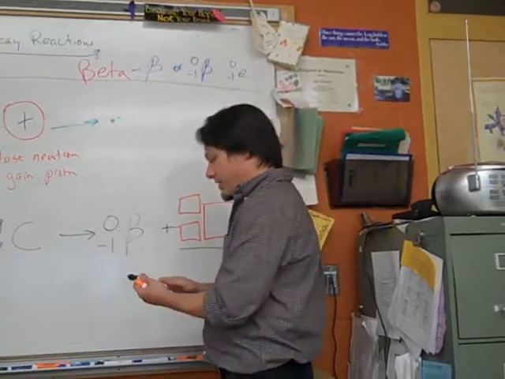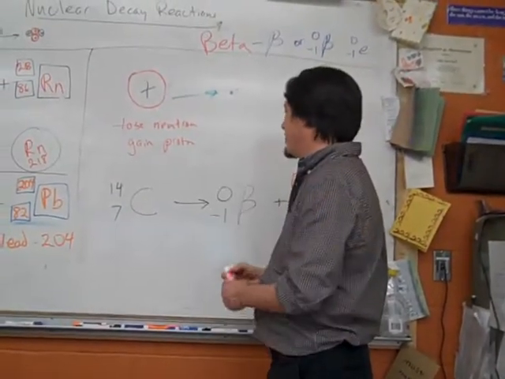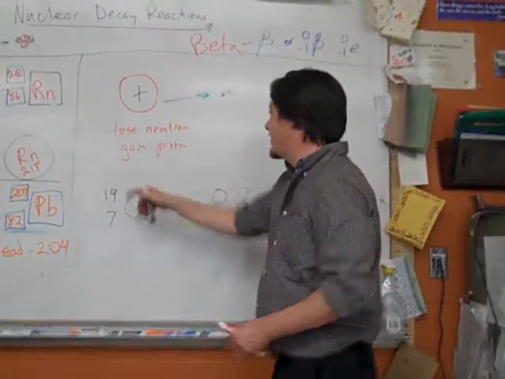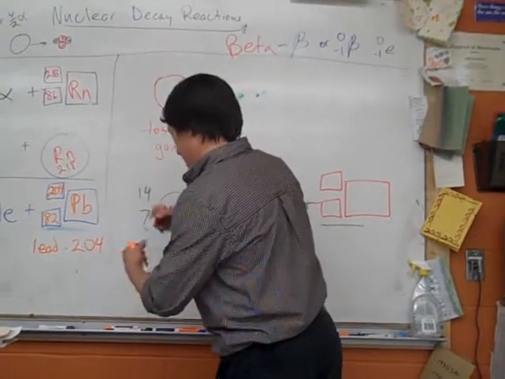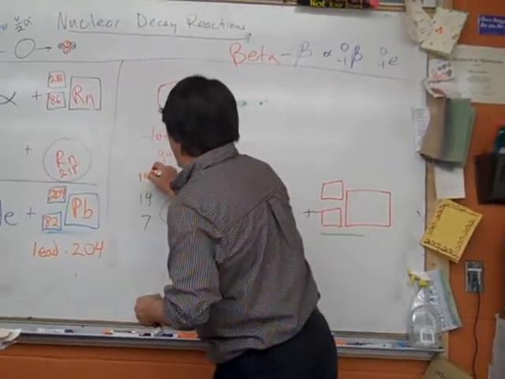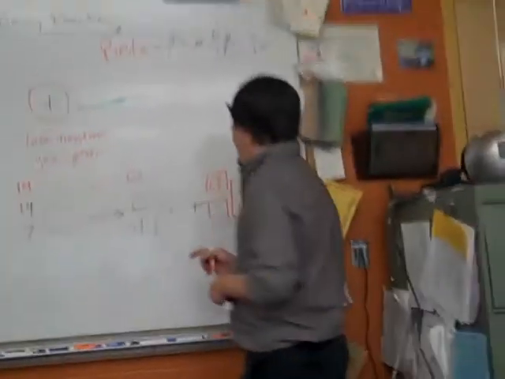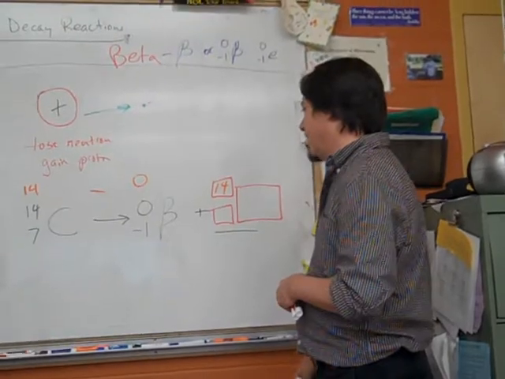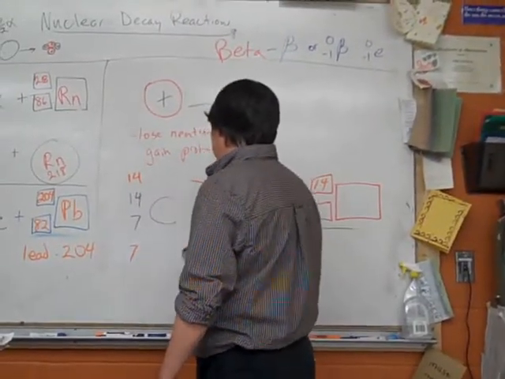And remember, since you lose a neutron but gain a proton, this number isn't going to change. And that's why, if you do the math the same way, 14 minus 0 means that whatever isotope is left is going to have 14 as its total mass. And then, if you do 7 minus this one, negative 1,